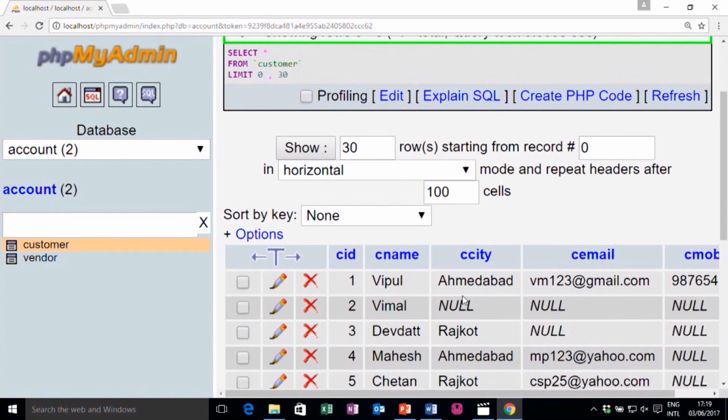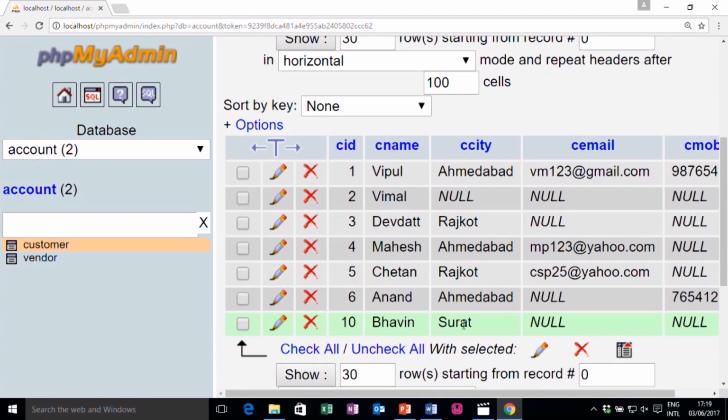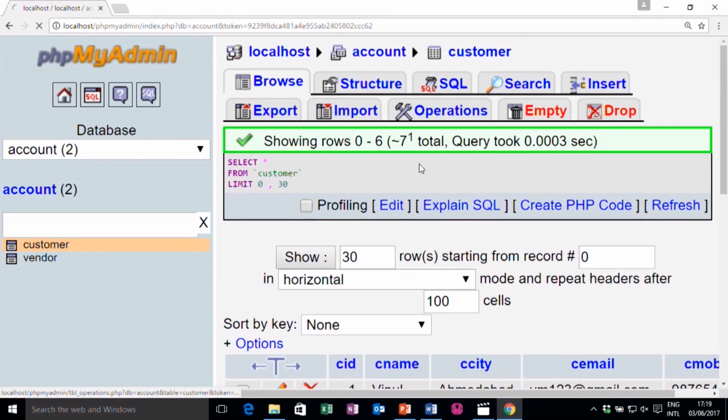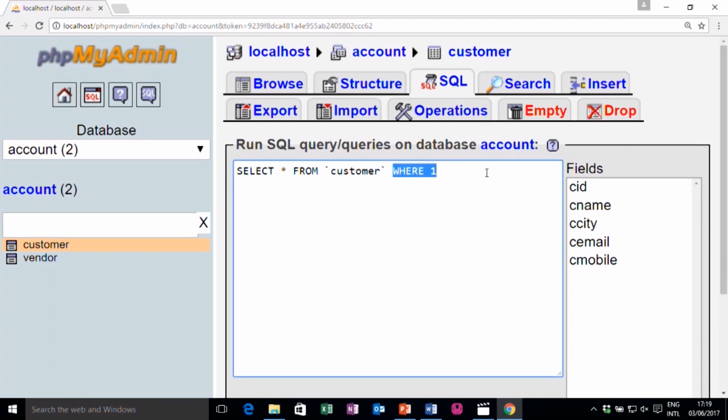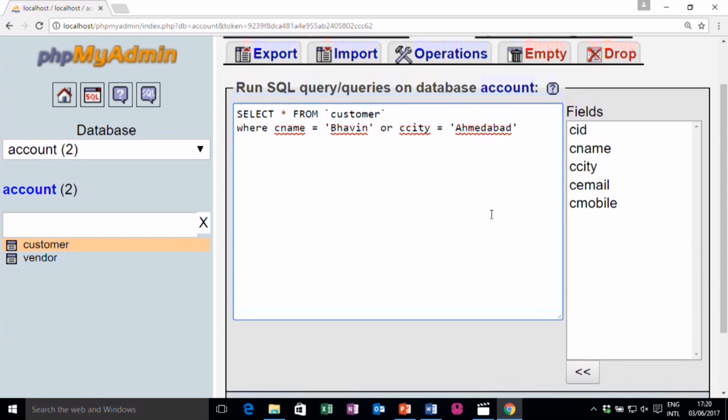If it is satisfied, then it will display the result, otherwise it will show an empty result. The reason is Bhavin I have written with Surat, but if I write OR for that query, then it will work. If I write select star from customer where customer name is Bhavin, or, customer city is Ahmedabad, that means it shows me either customer name is Bhavin or customer city is Ahmedabad.